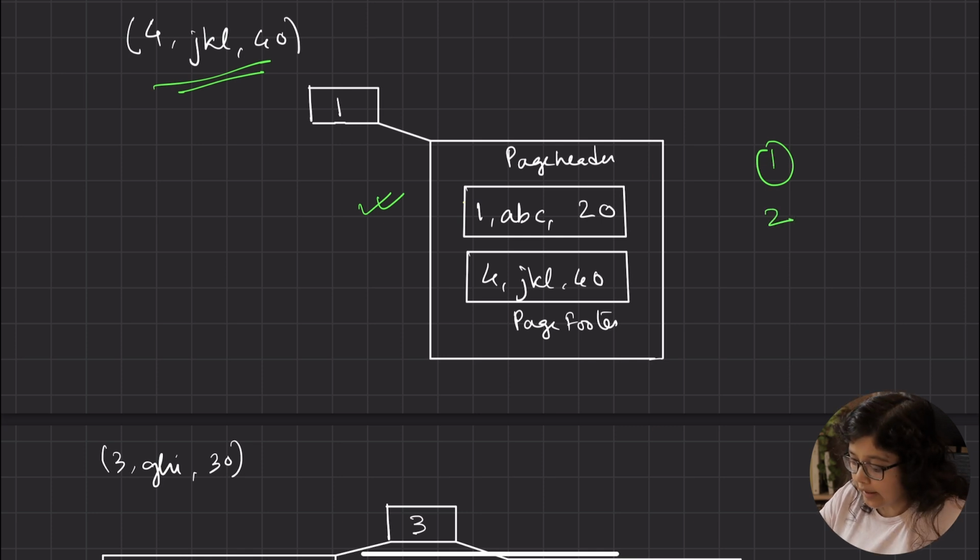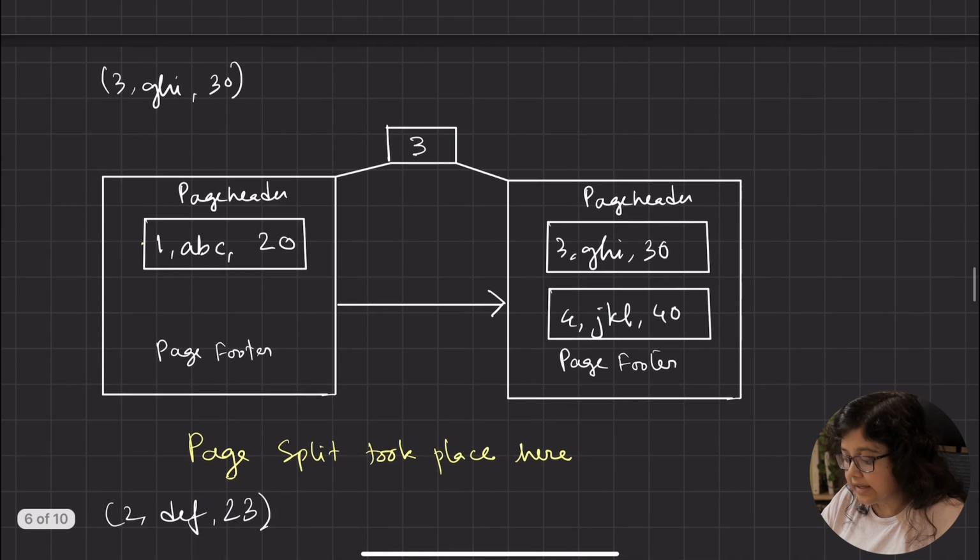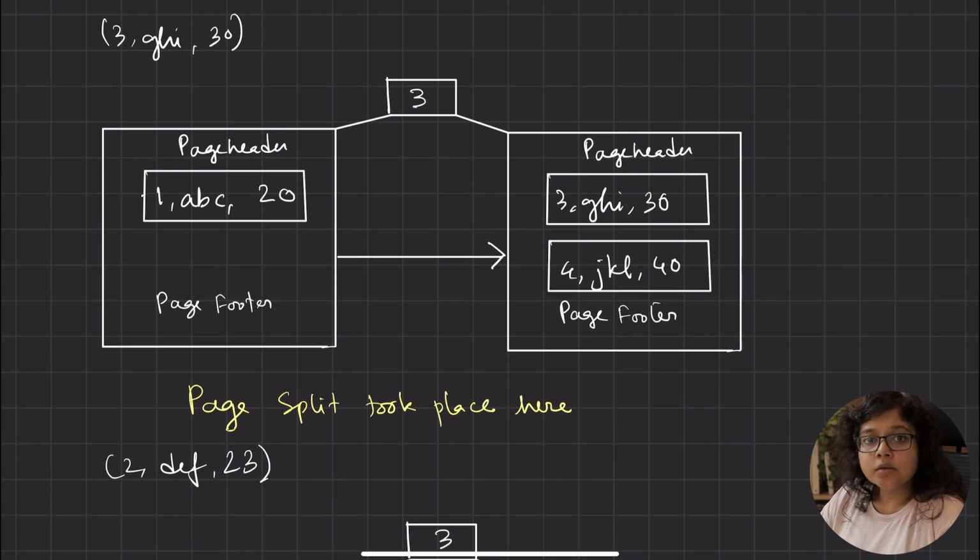So this new record will be inserted here in the same page, and after insertion of the records, this will be again sent back to the disk from the main memory. The next data record is 3 GHI 30. So the database engine will follow the same process as we have discussed above, and it will bring the data page from the disk to main memory,